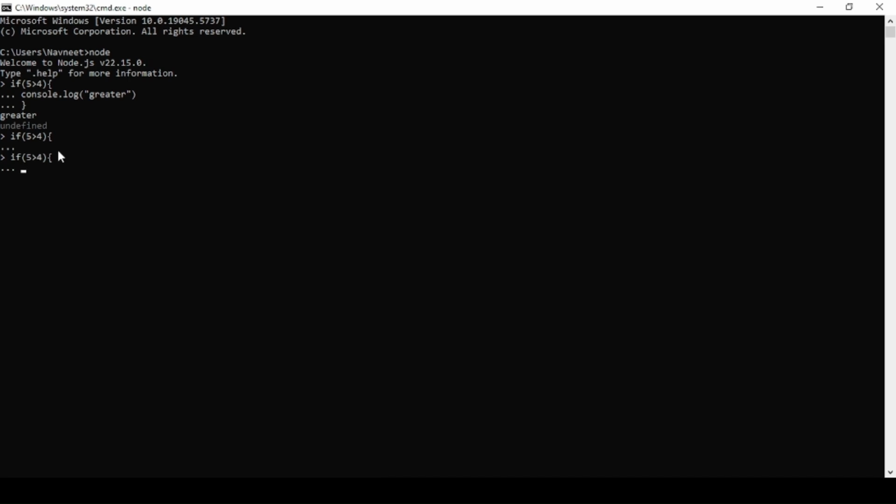You also have another command, .break. Now you are out again. But we also have another command, and that is .clear. So you can say that in total we got almost 3 commands in order to exit from the multi-line expression.